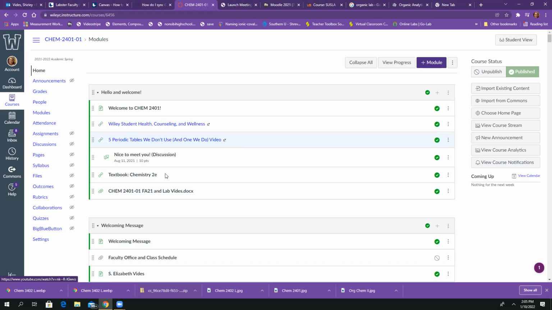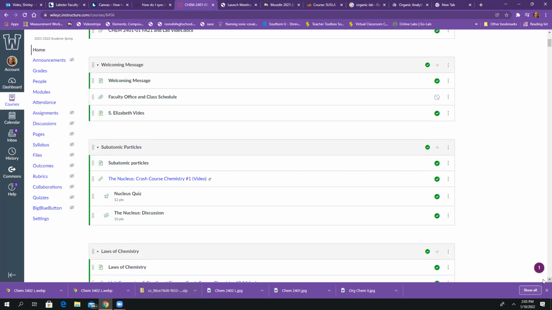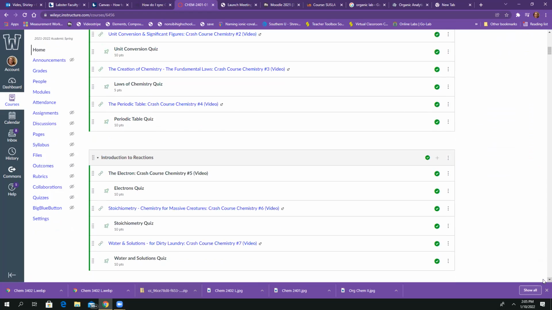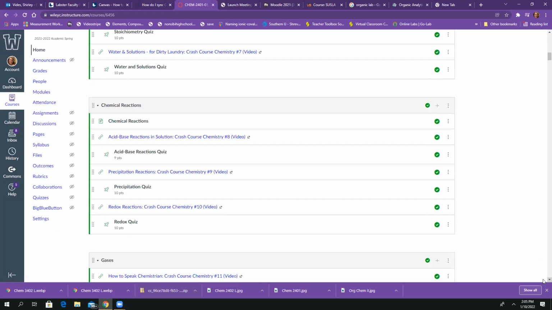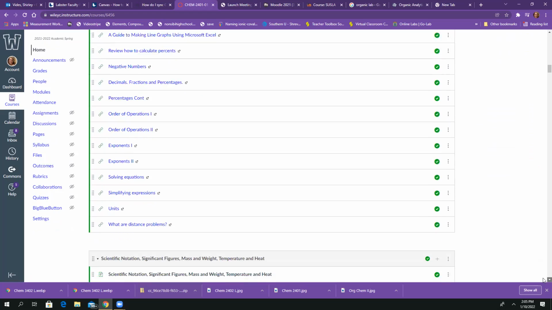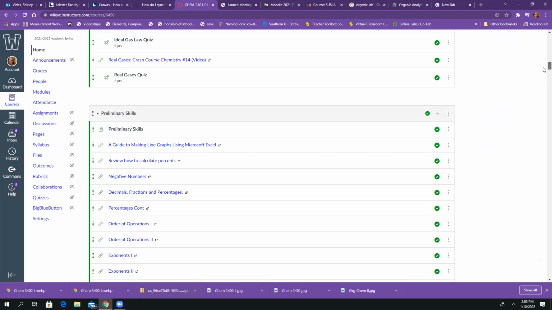Let me see here. I haven't gotten rid of some of these things either. Sorry, I actually had done all of it, but for some reason it didn't save and I had to re-download the old class and start again. But this is where it'll all start right here, where it says preliminary skills. All these other things are not going to come into it. I'm going to erase it here shortly, but preliminary skills are just